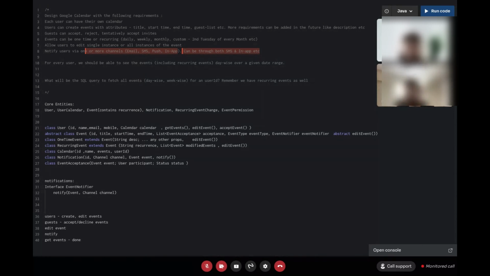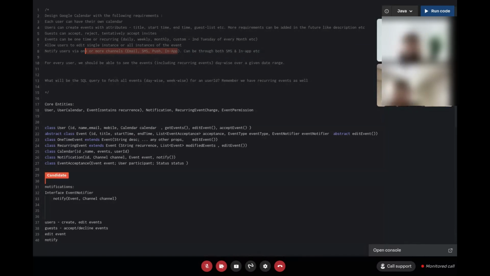Then this event notifier, which acts as the publisher, as the notification publisher, will be fine. You just mention the event there, and the channels also there. But then again, we'll have to modify. Or you have a notification service there, let's say in between, you have something called a